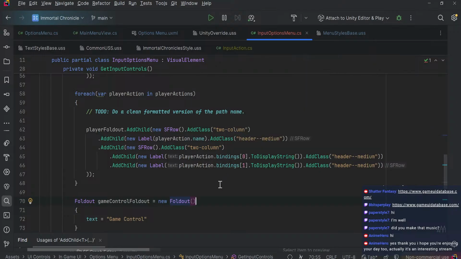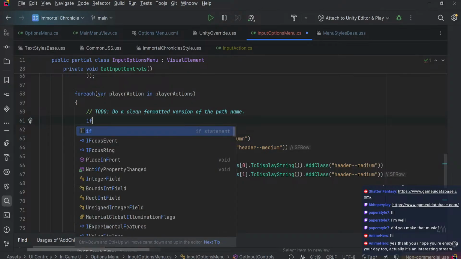So there won't be any CPU hits or anything like that in game. This will literally happen once and only once. So what I might do, okay, see, what if I do, I could do this, if